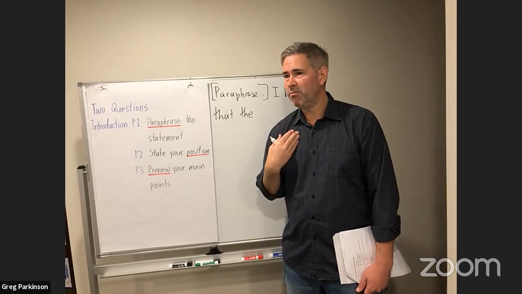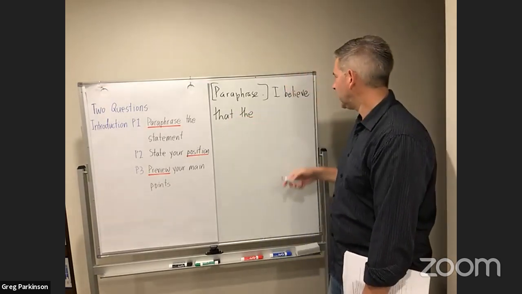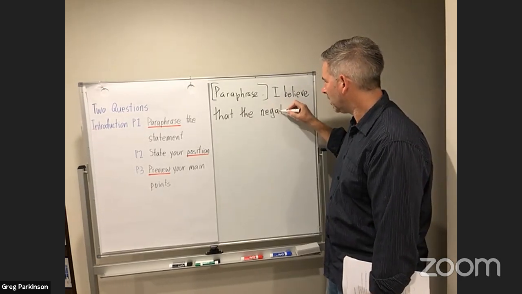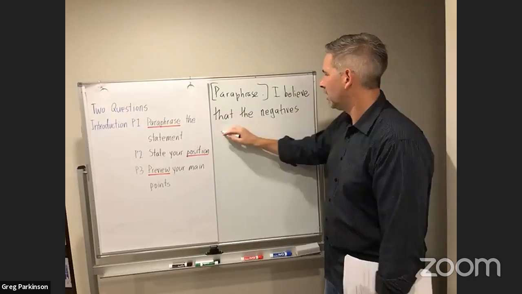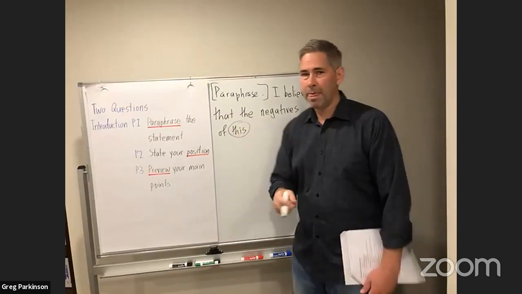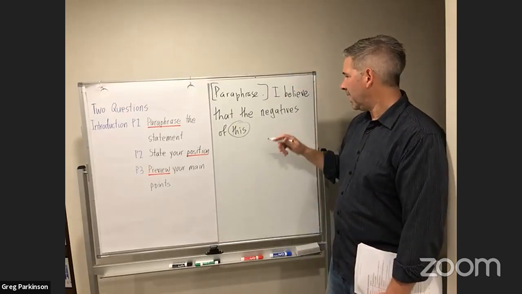In my opinion, there are more disadvantages of renting a home. So I say the negatives of this, right? So there's that referencing, and this is renting a home. The negatives of this,